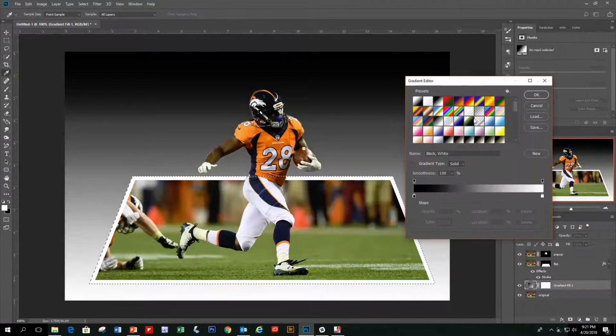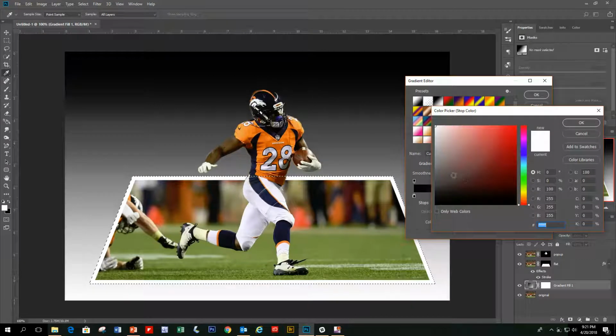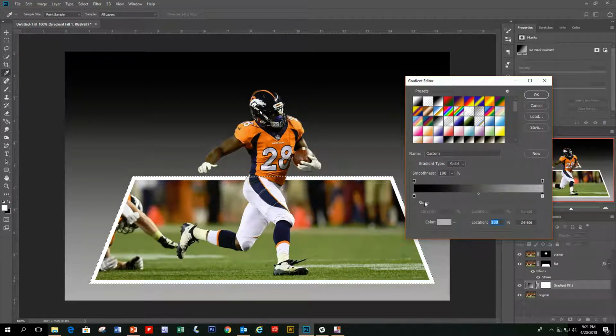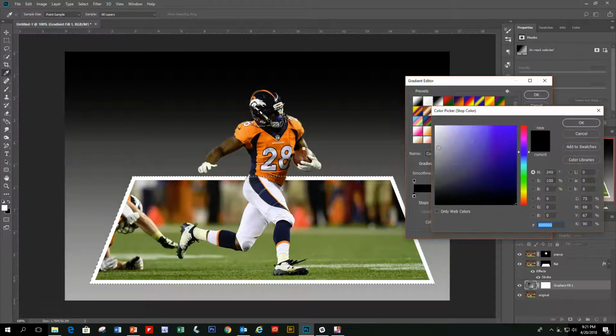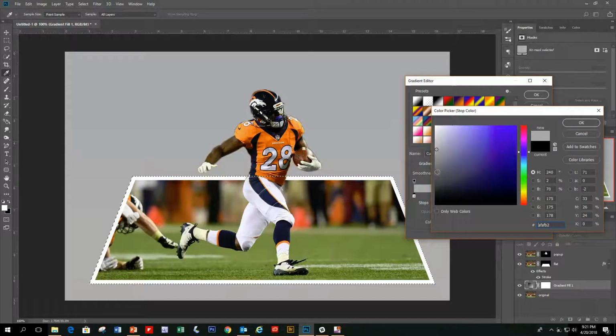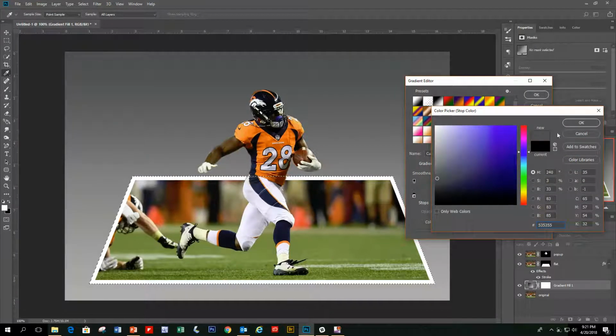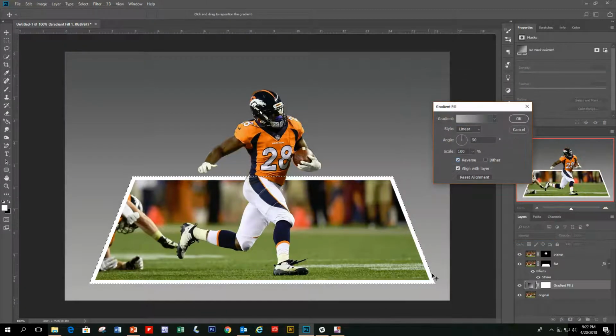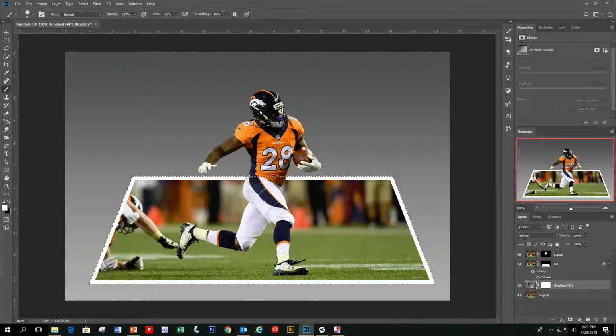I'm going to select into the actual gradient and just change the color slightly. So I'm going to go to the right stop, double click on it and make it a little darker, hit OK. And I'm going to go to the left stop and make it a little lighter. Okay, so make it like that. All right, and that should set us up to create a nice shadow underneath